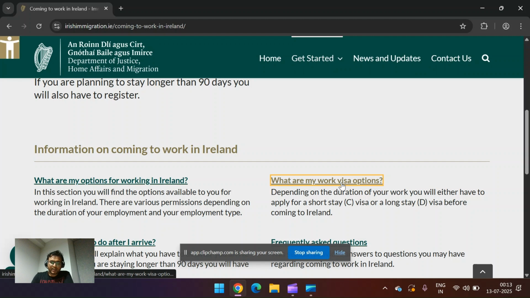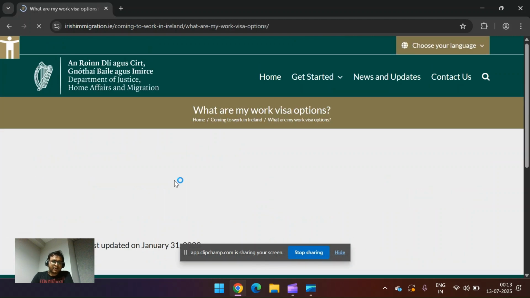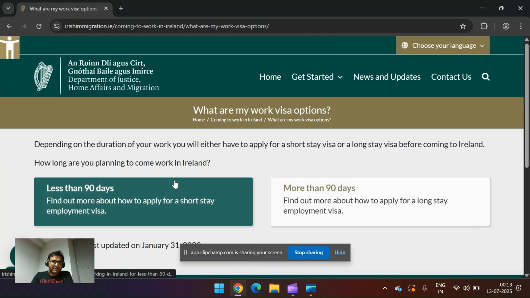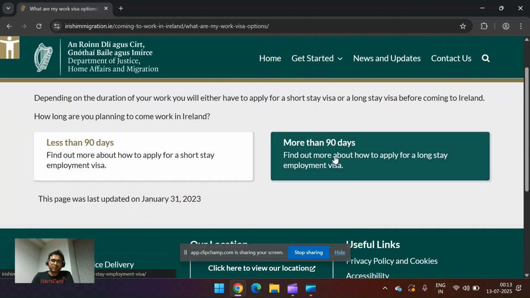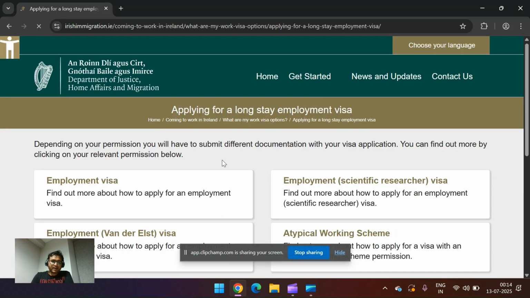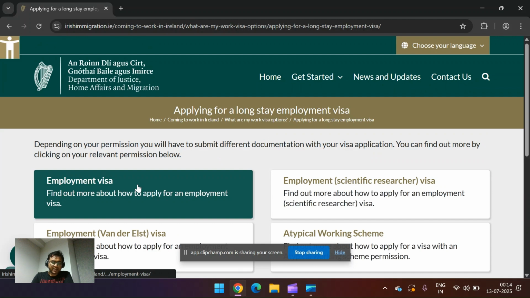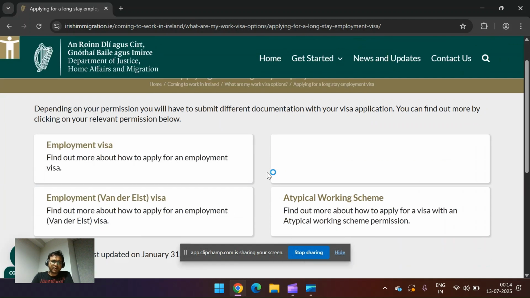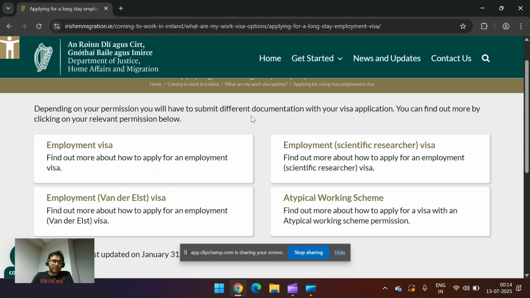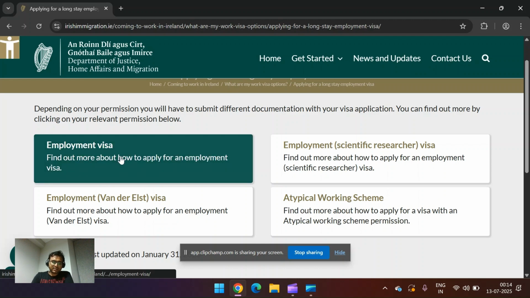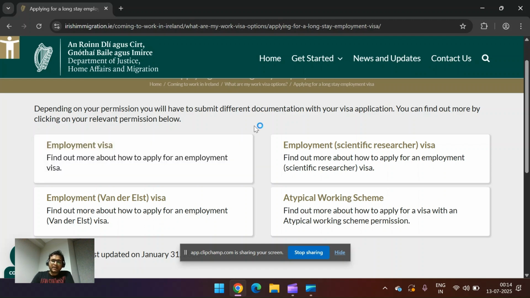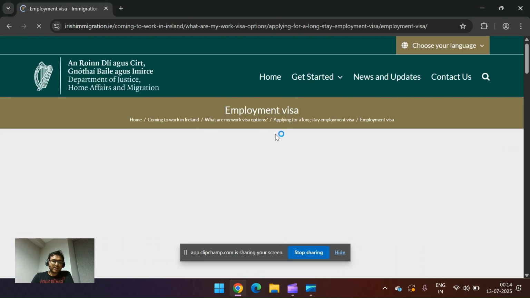You just go there, right? And then once you go there, you will be seeing the options. So you will have to stay more than 90 days. You are applying from India, you have the employment permit in place, so you can go here and then choose the employment visa. These are the different categories of visas, but probably you will need this one since you are going for the employment visa. If you require any other visa type, you can apply for the same. So I'll go to the employment visa. And then